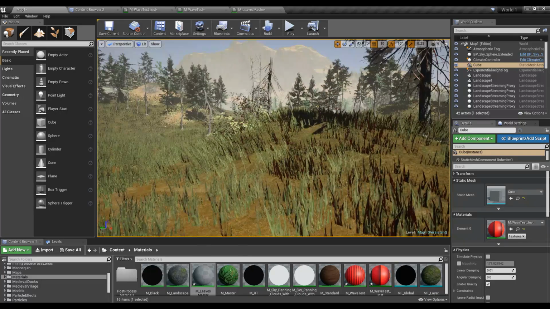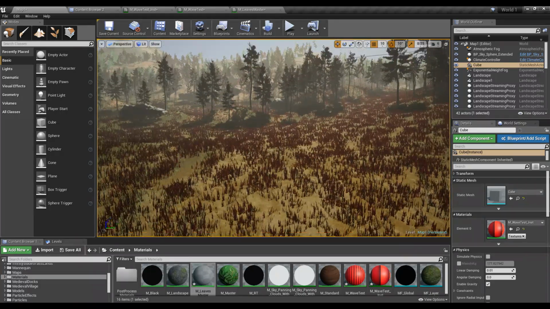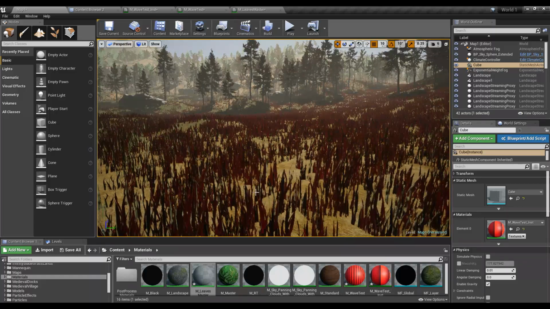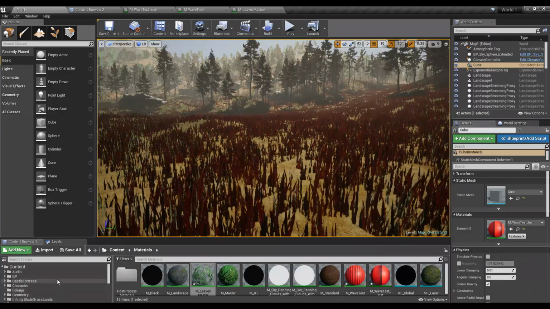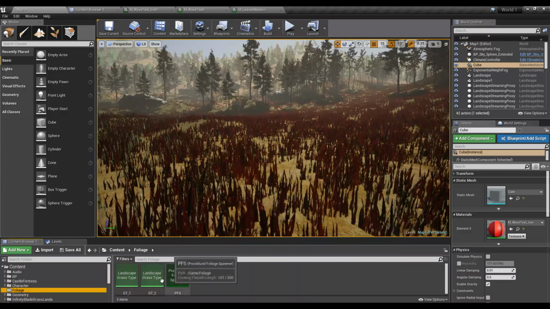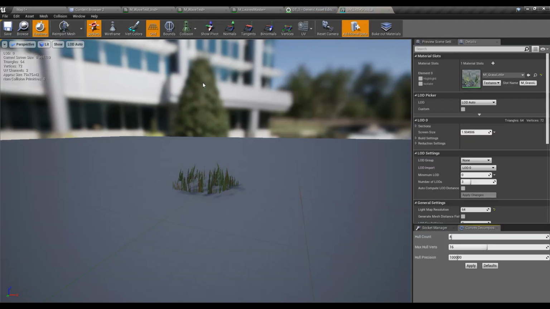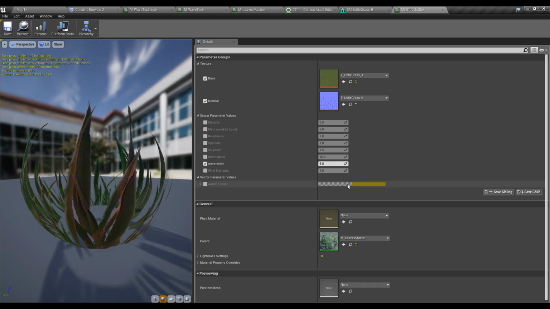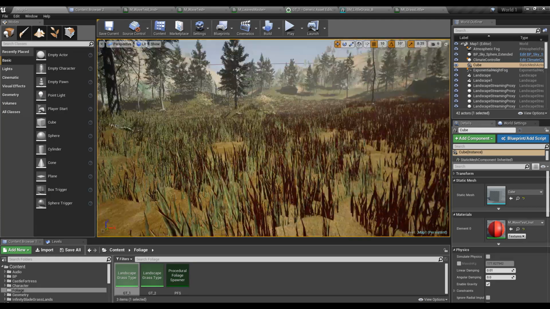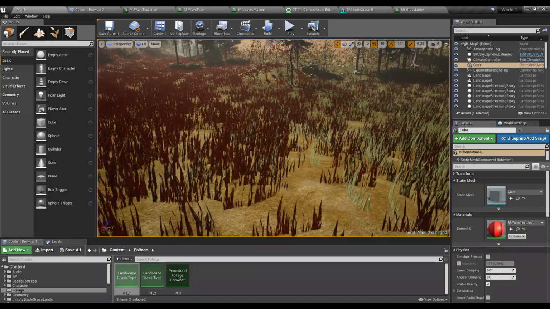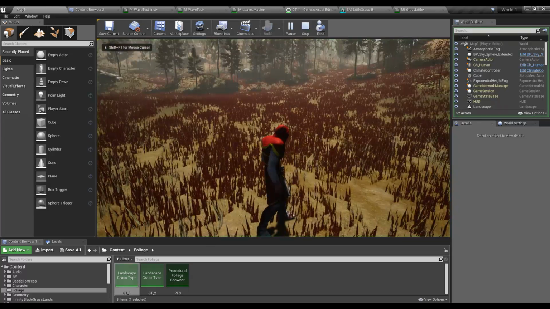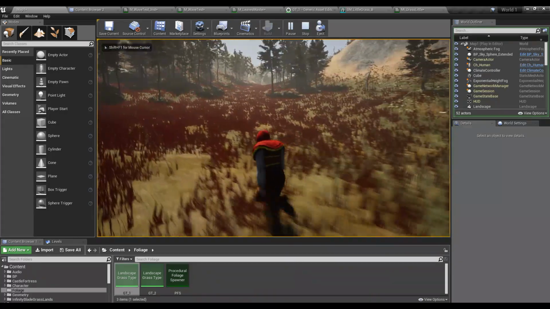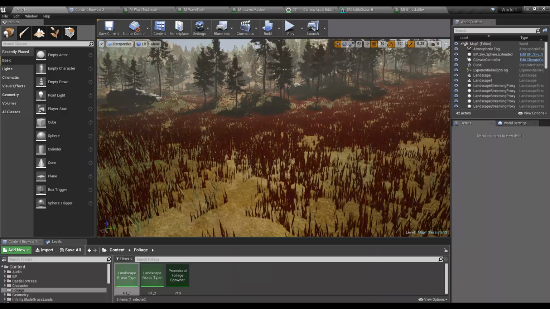Right, and actually nothing is clearly visible, so I'll open my grass material and increase the width of the wave. This is the grass material, and here we have this wave width. So instead of 5, I'll put something like 500. So no, we still don't have a clear wave behavior. That's because